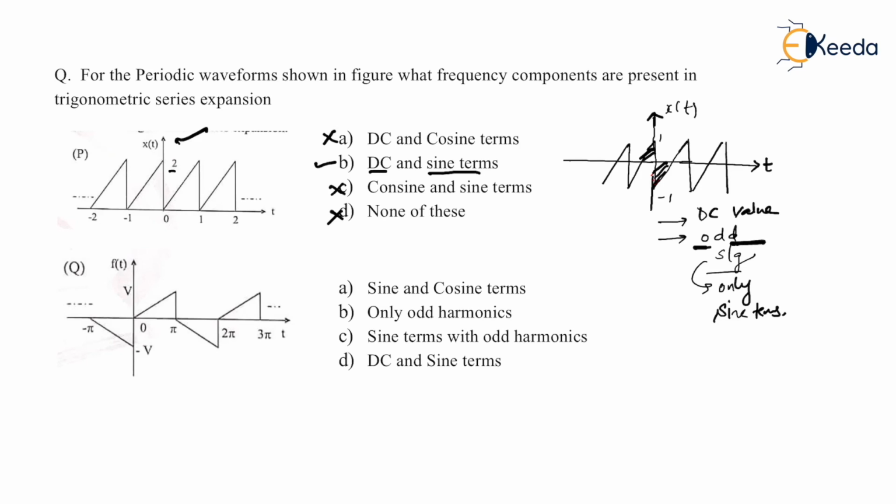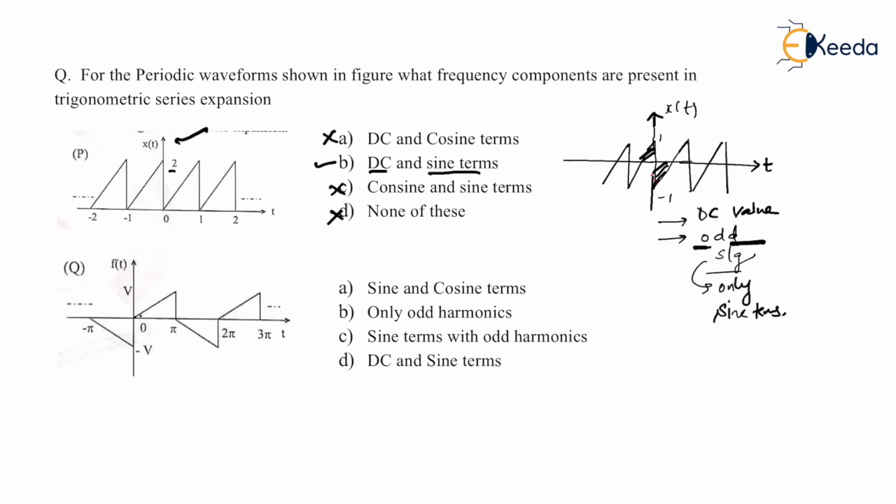As I keep saying, you should always check first of all whether it is an even signal, an odd signal, or a half wave symmetry signal. By observation we can understand that definitely it is not an even signal, and of course it is not an odd signal either. See very carefully, it is not an odd signal. It does not have any diagonal symmetry, and even after shifting it is not going to have any even or odd symmetry for sure. But this is having half wave symmetry.